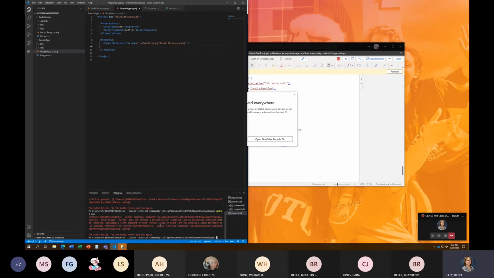So let's save everything. Do file. And let's see what it's mad about. Where it's got the red by packetlibrary.csproj, let's look at that up there in your folder list. So that looks right. It says .NET Standard 2.0, right? That looks good. So let's expand it. You click on it. Not showing us anything else.